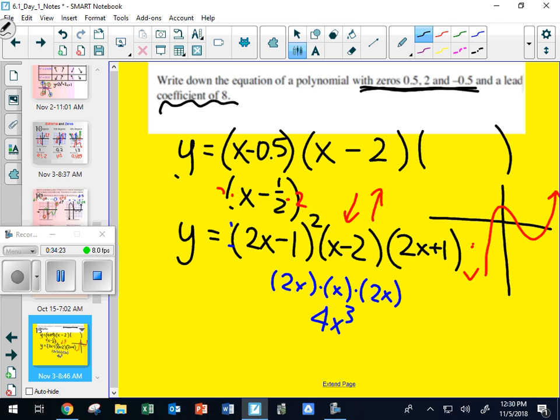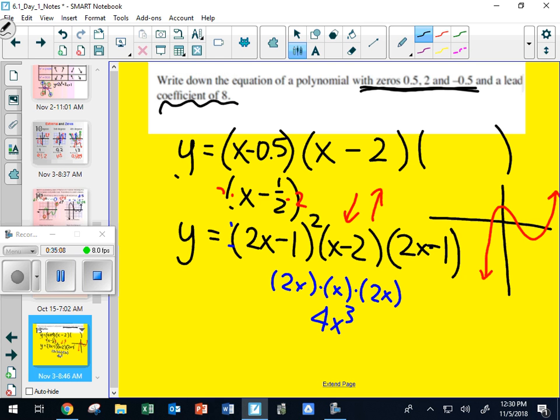Yes. So, well, okay, let's put it this way. If we just squared this one, will we have any kind of zeros other than 1/2, 2, and negative 1/2? No. We will have 2 components at 1/2. But that's still at 1/2. So it's still at the same root. Okay? So if it's at the same root, then in this case here, what we can say about this is that